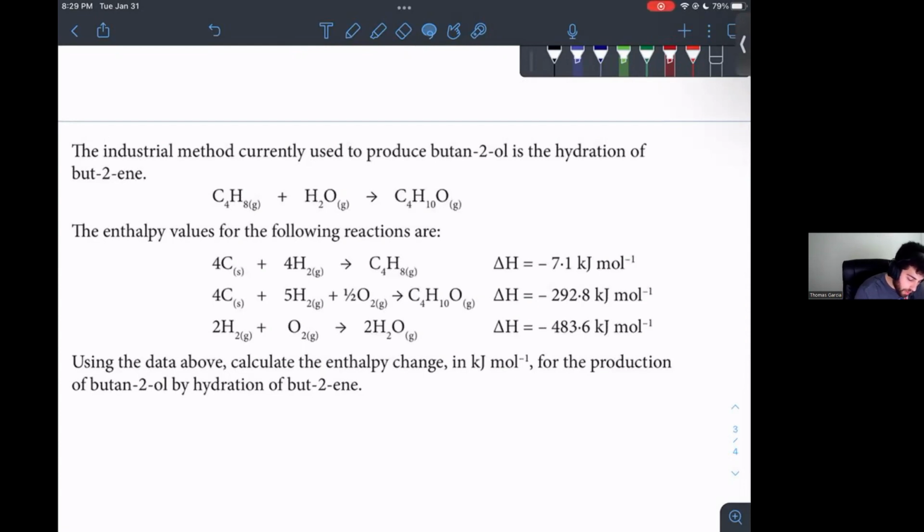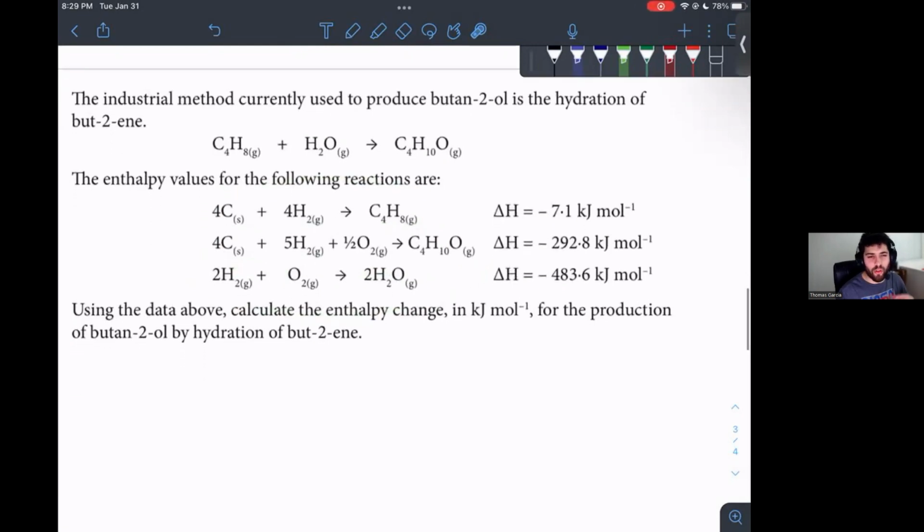So basically what we see here is that the industrial method currently used to produce butan-2-ol is the hydration of but-2-ene. And we see that we have butene plus water, so it's being hydrated to turn into butan-2-ol. Now we have the enthalpy values for the steps that literally go to make this product. And what we're going to try and do is find the way that we can kind of mismatch and rearrange these so that they kind of equal out,